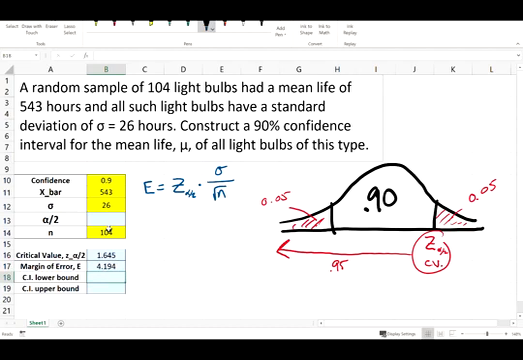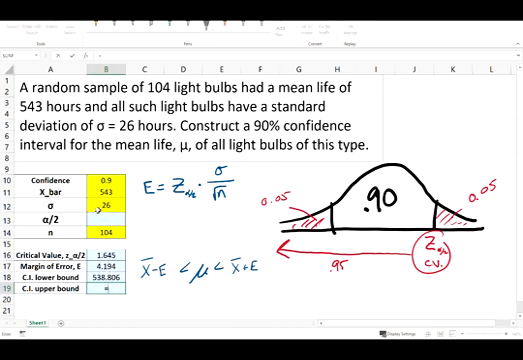All right, so that means our confidence interval estimate will be our point estimate, 543, plus or minus our margin of error. So our confidence interval estimate is that the population mean is somewhere between the sample mean minus the margin of error and the sample mean plus the margin of error. All right, so for CI lower bound, or confidence interval lower bound, that should equal the point estimate, the 543, minus the margin of error,